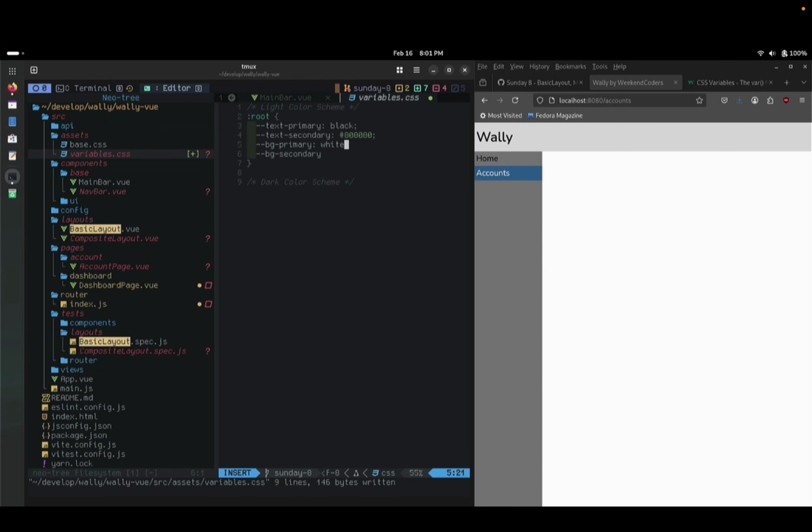We can use that on the primary. We can use white, and the secondary we can use CCC, for example. Okay, that's what the nav bar will be. So for this file here, we can use